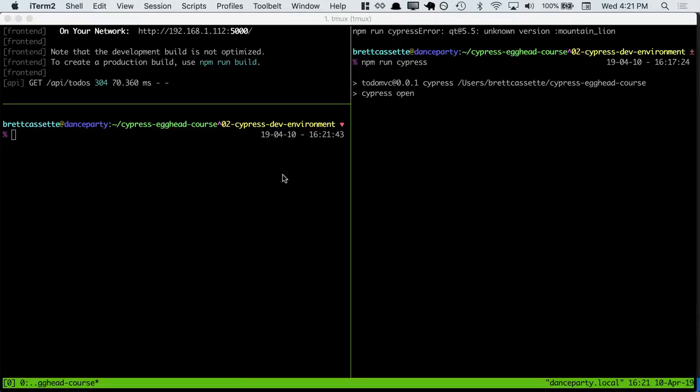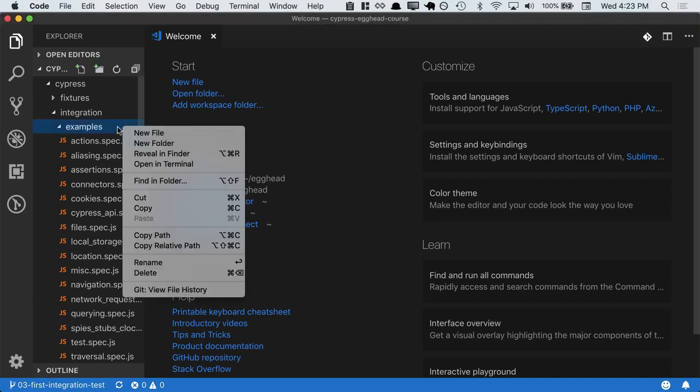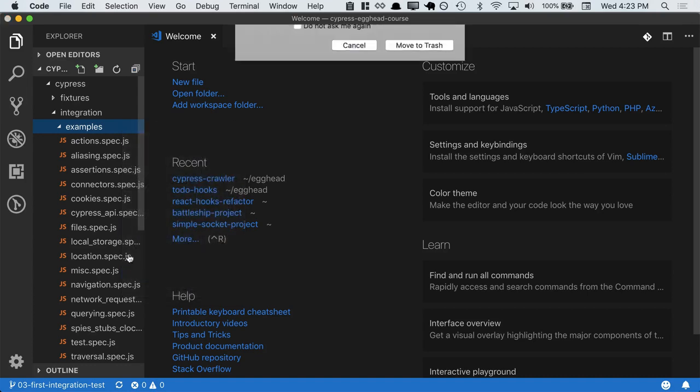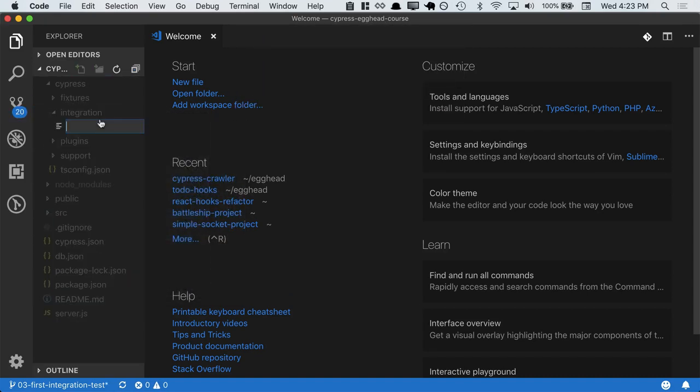In this lesson, we're going to write our very first Cypress test. As usual, let's check out the branch associated with the lesson. Up until now, we've been looking at the examples that were generated automatically when we first ran Cypress, so let's go ahead and blow those away and create our very first integration test. We can call it